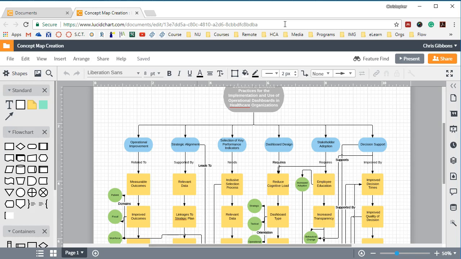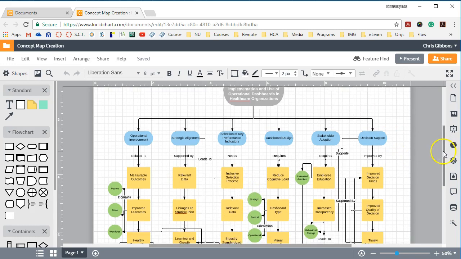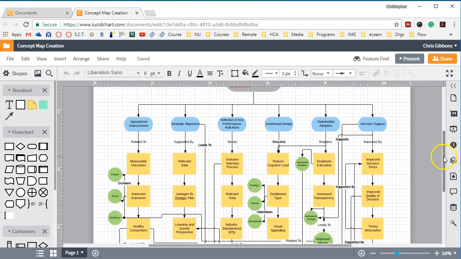I think the free version limits you to the shapes, these little shapes here. So be careful about that, but I think it's going to give us plenty of shapes if you decide to use the free version. Also, one other important part that I missed when I was talking about shapes